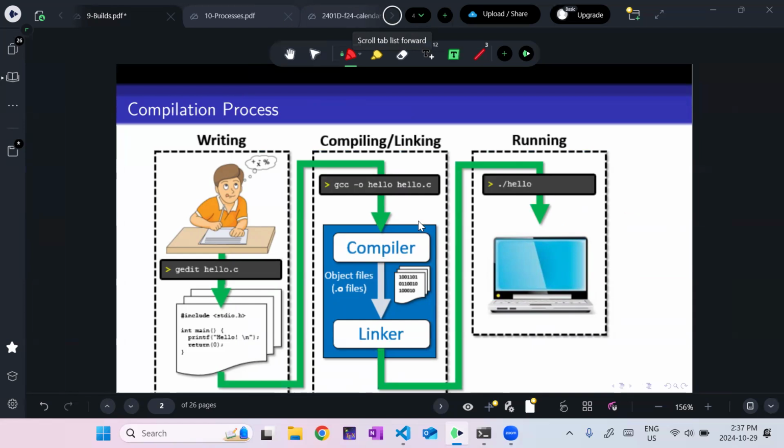The writing and the running are pretty straightforward. You find some bugs, but you fix them. But the compiling and linking can get way more complicated than you would expect. For your third assignment, I expect you to do a little bit of what we're going to demonstrate today. That is, you should compile some separate object files and then link them together into an executable.